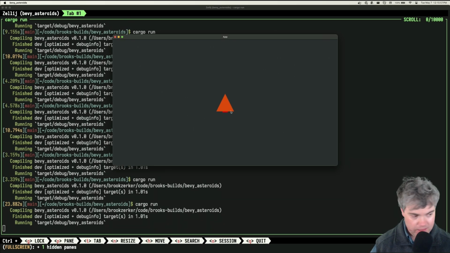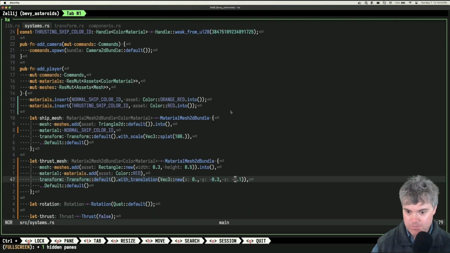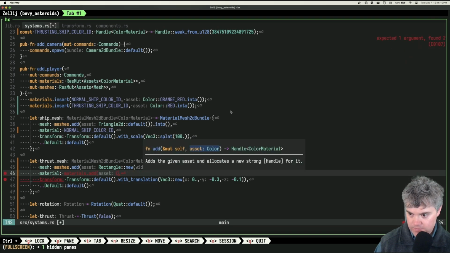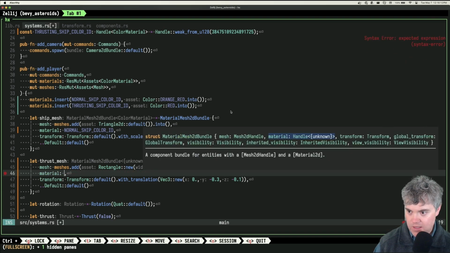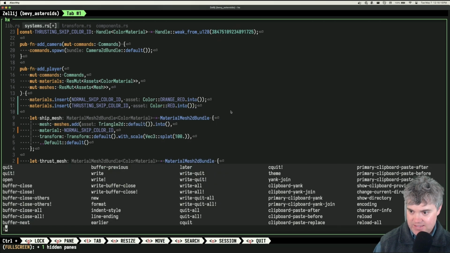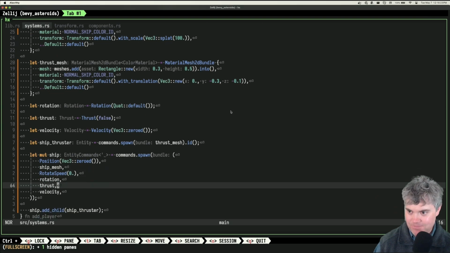Okay, and then finally, for my last trick, we are going to go back to... This is now going to be normal ship color ID. I have an idea to make this look good.